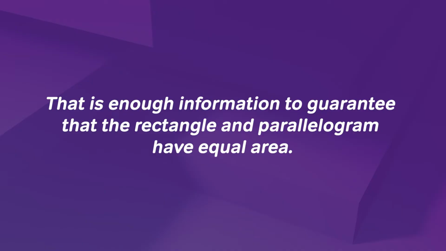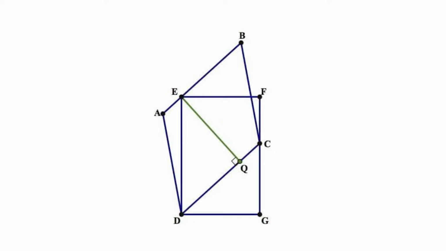Let me repeat. That is enough information to guarantee that the rectangle and parallelogram have equal area. That's what you need to know for the GRE. In this video, we'll take a closer look at 2 ways to know this works. First, I will construct segment EQ, which is perpendicular to segment DC. This segment is the height of the parallelogram, so EQ times the length of DC is the area of the